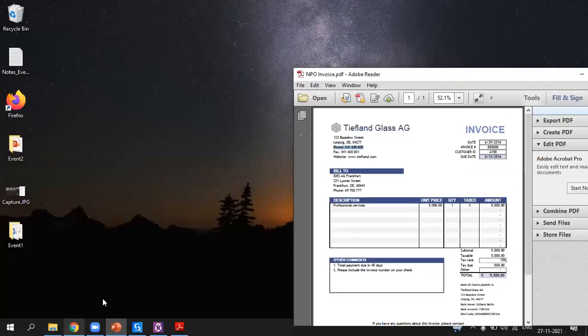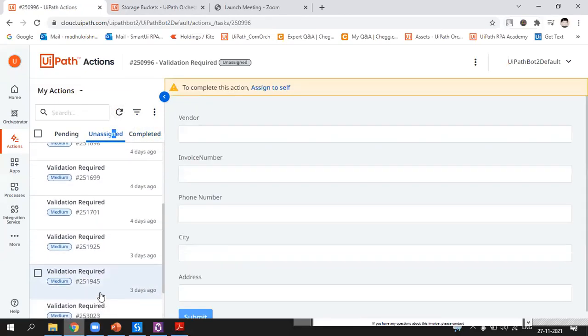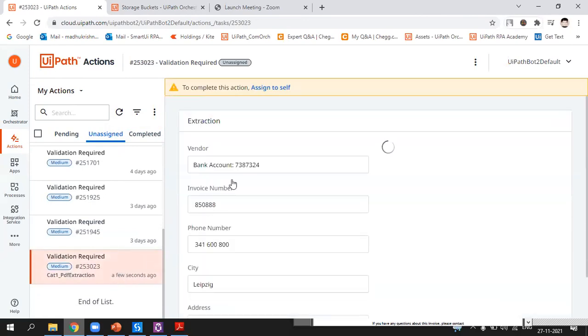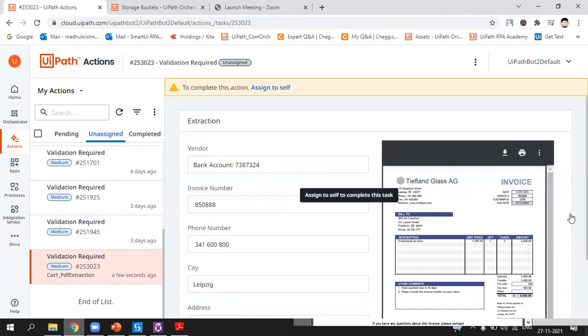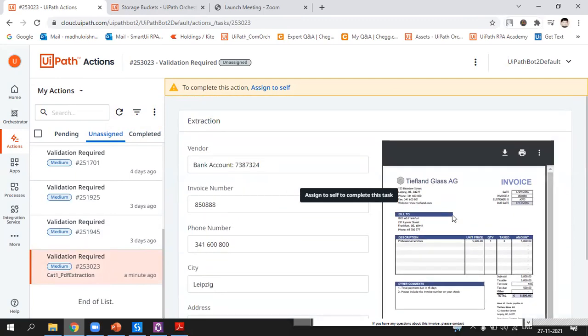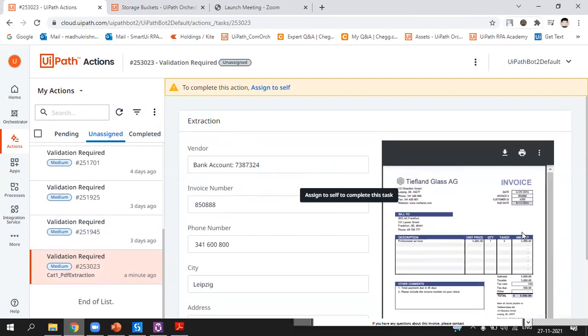Now let's see the task. Let's refresh it. So a few seconds ago, this is our task which has been created now. We got all the information and we have the invoice as well on the side. So now the user will directly just validate the information. For example, here the bank account, and then the bank account number is here.